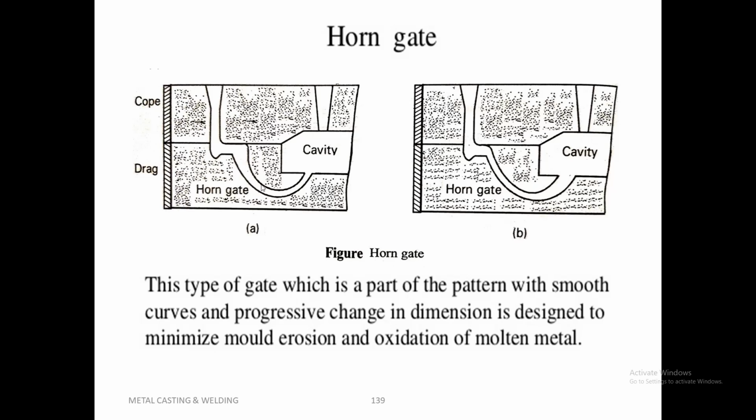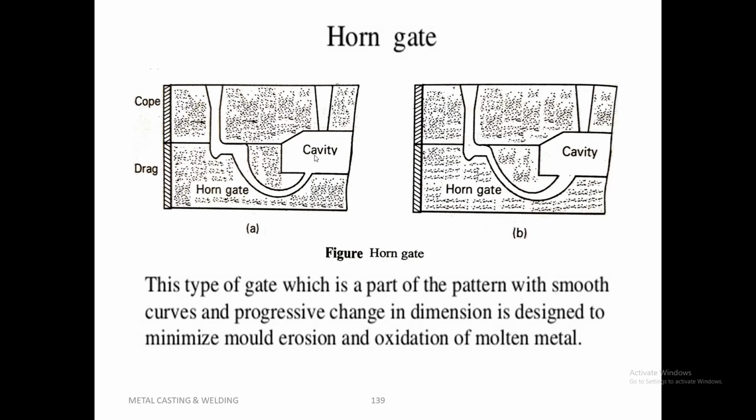Now since the diameter reduces, as it enters into the cavity, it tends to form a jet. That is a problem. So it is prone to a jet effect. This is because the end of the horn gate leading to the mold cavity has the smallest section. This effect can be minimized with the use of a reverse horn, which we can see in figure B. So the smaller diameter section is on the other side. Now the section connecting to the cavity is of a larger diameter.